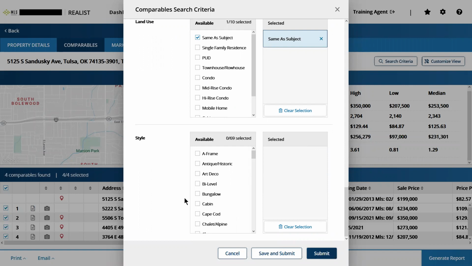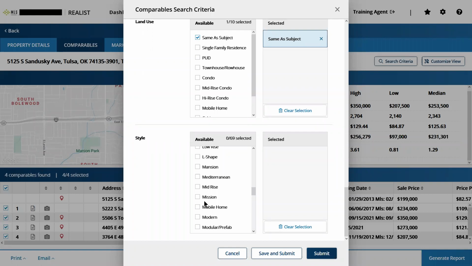The style is going to function pretty much the same way, except there's a really big problem with the style. We used to have a CE credit class that was actually introducing people to all of the different property styles. But there might be some things that you end up looking at and you're just like, oh, that's a recent property, it must be modern. Well, just like the dance style, modern dance, it's actually a codified architectural style. So if you're in a situation where you're looking for properties, searching by style could be a bit of a,